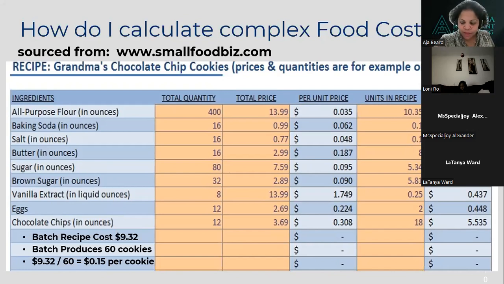So I should make how many times more than what I spend? Again, I think I missed that. So it depends on what you want your margins to be. Most restaurants, brick and mortar locations, are between 25 and 35% food costs. A lot of bakeries are closer to about 18 to 20% food costs. So you're the banana pudding, right? Yes. Okay, so then I would want to be closer to like that 20, 23% at the most, maybe 25 you could cap it at. So that's marking it up 4 times.